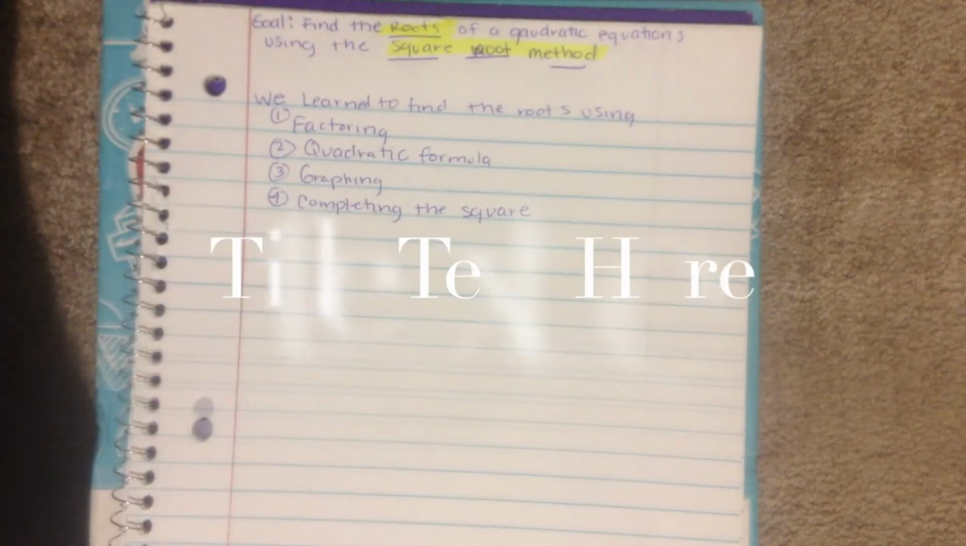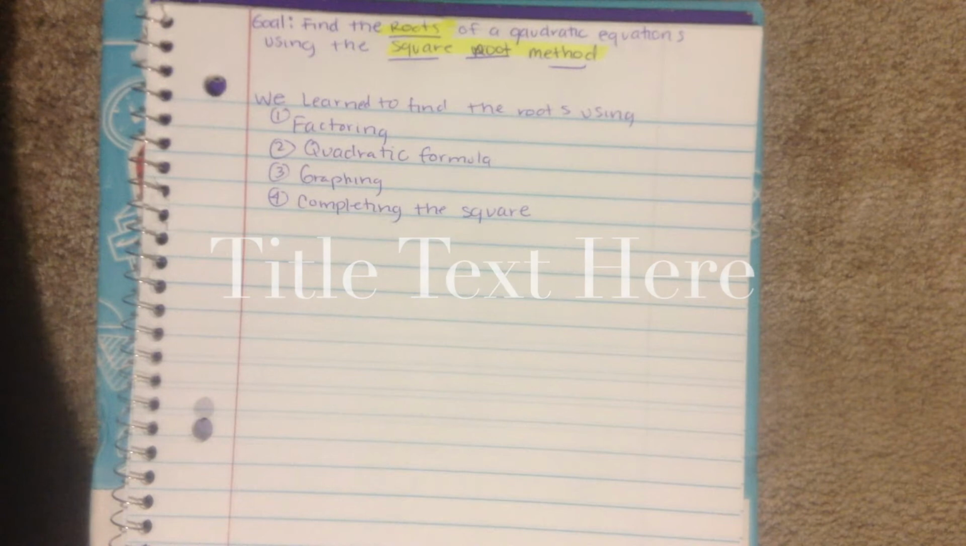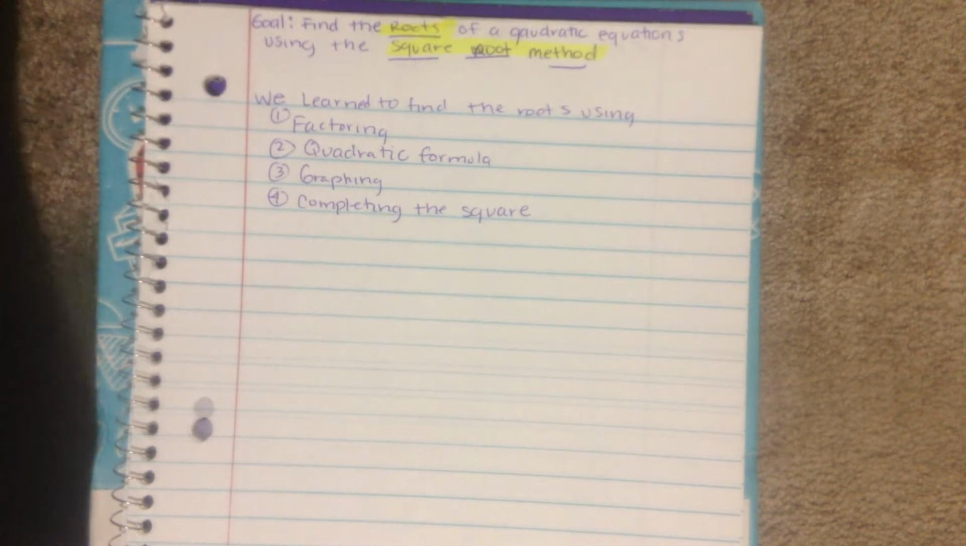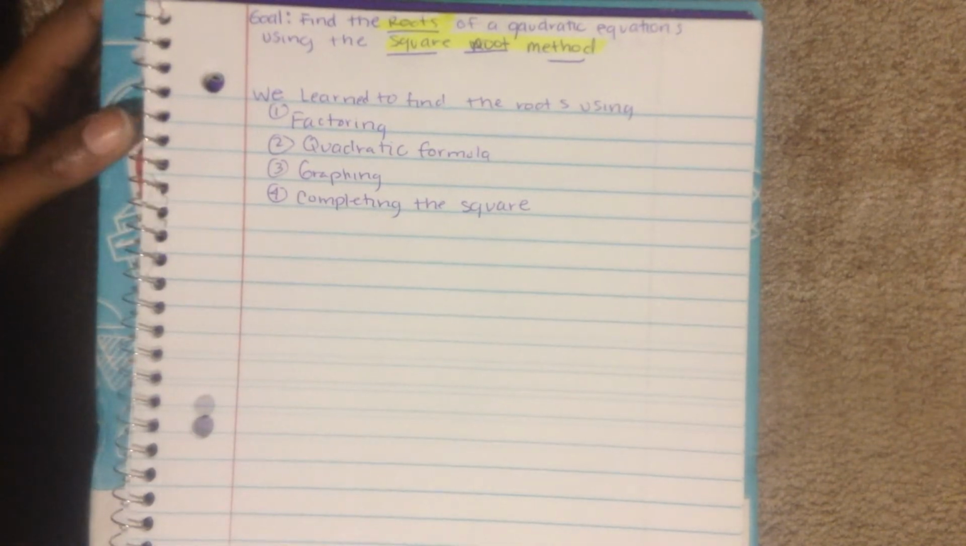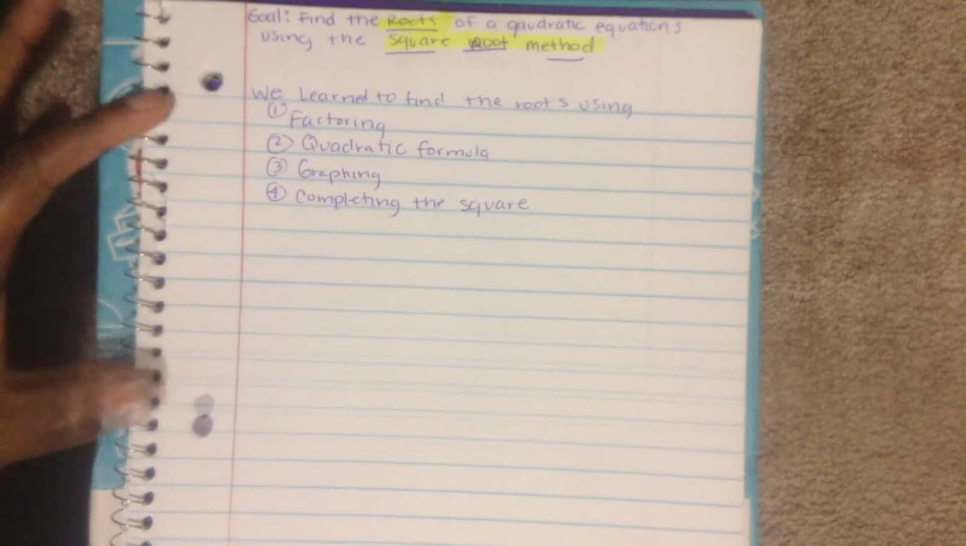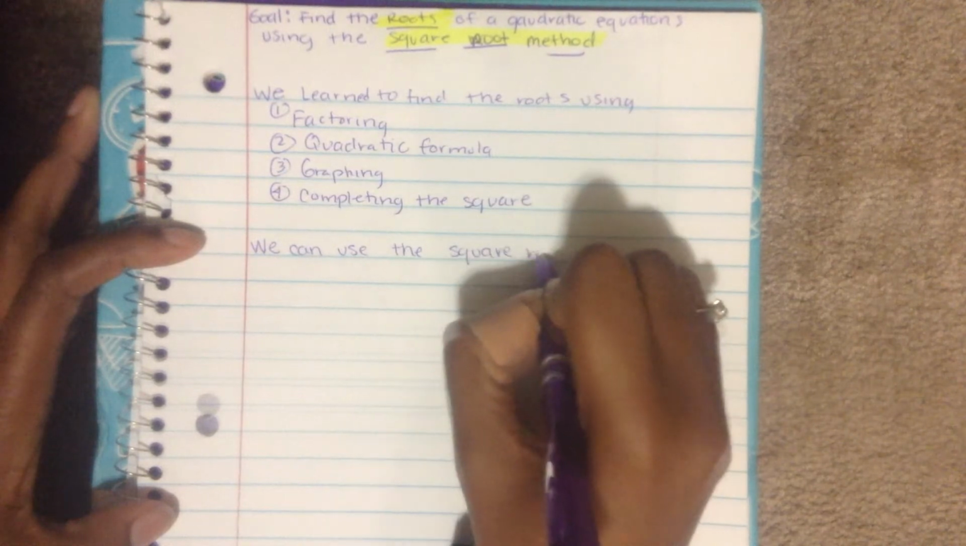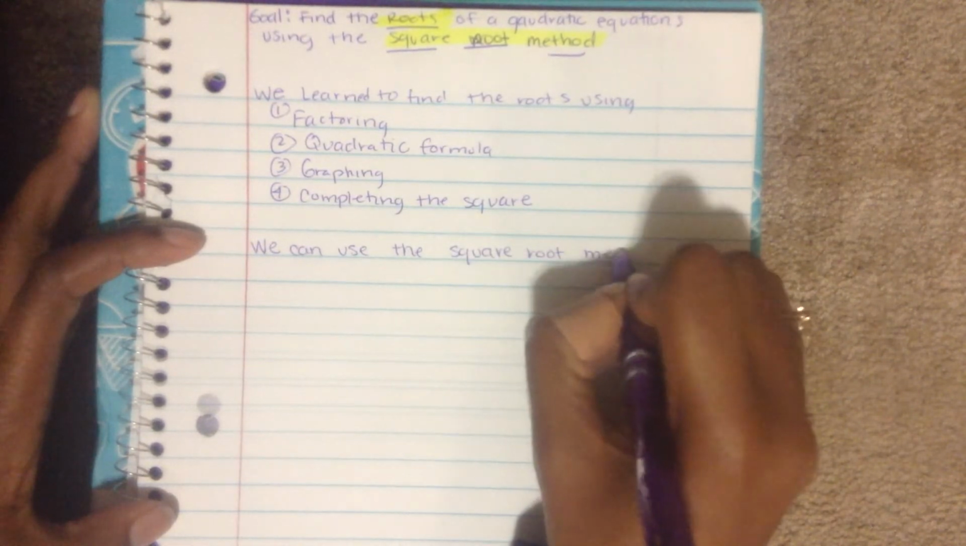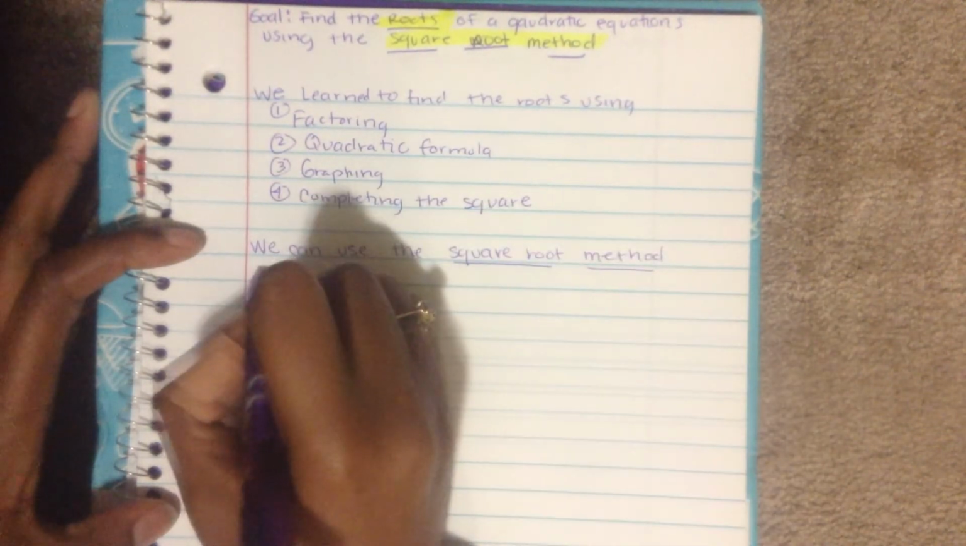Okay, so today we're going to learn one more method called completing the square. Okay, we can use this method only when a few things are true. Okay, we can use the square root method only if